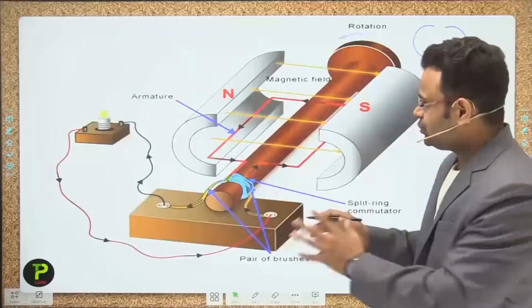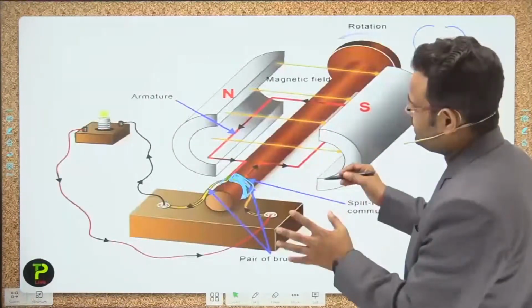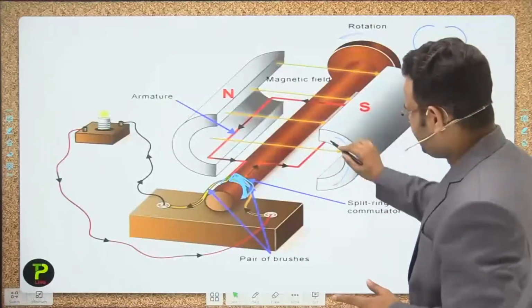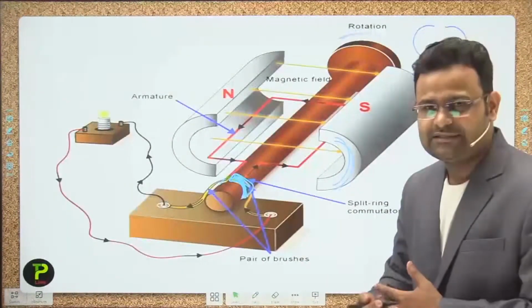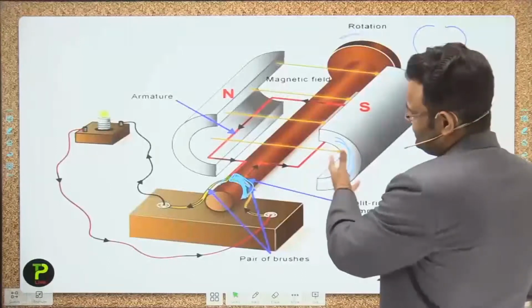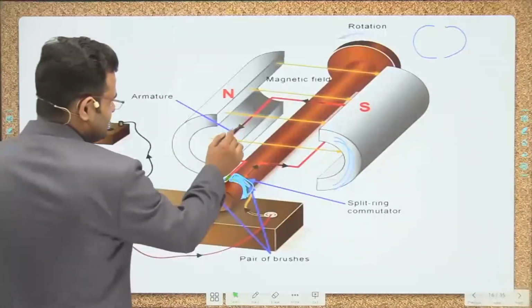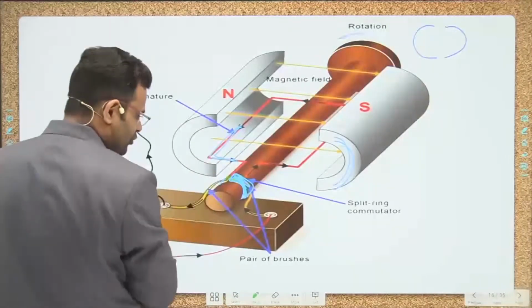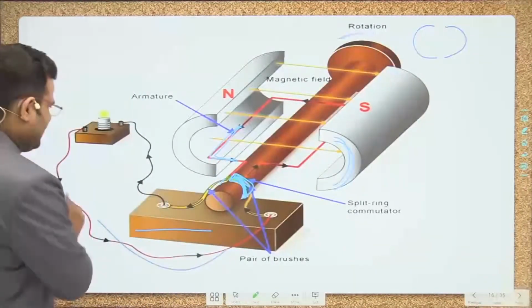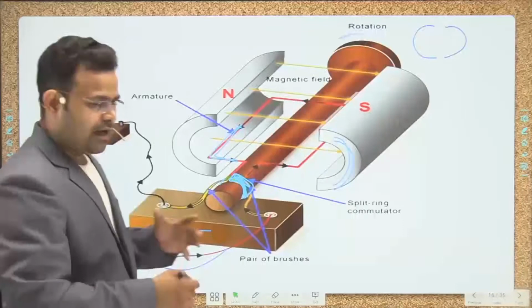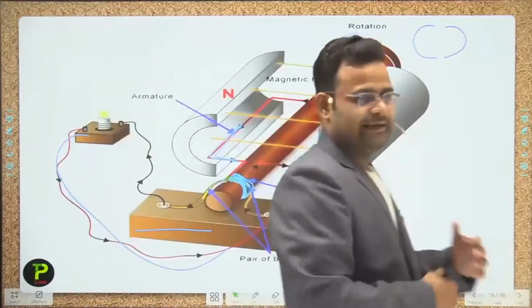Okay guys, so that is a diagram and all are the same things. That is a magnetic pole. In the previous slide we were discussing the horseshoe magnet, and that is that type of magnet. All are the same thing, guys. That is an armature, and current will flow, and that is our supplying pair only. How it will work will be discussed in the next slide, guys.